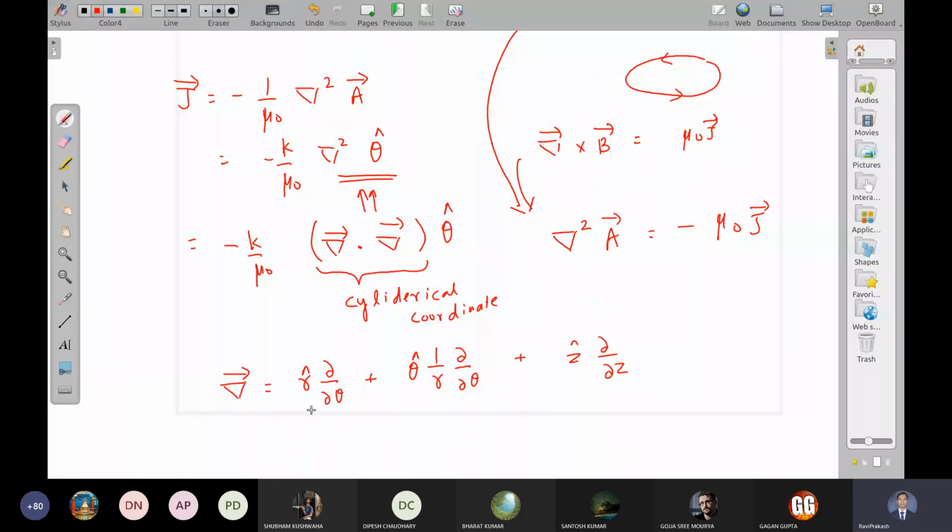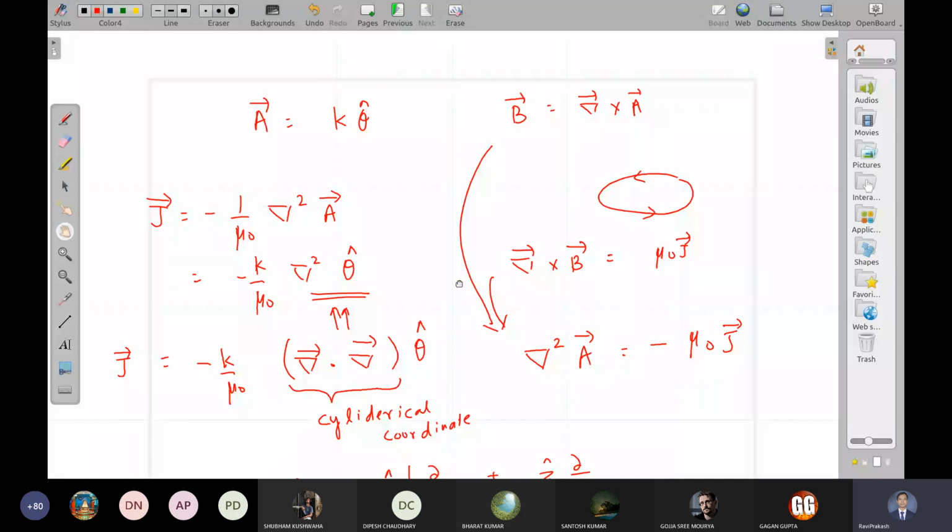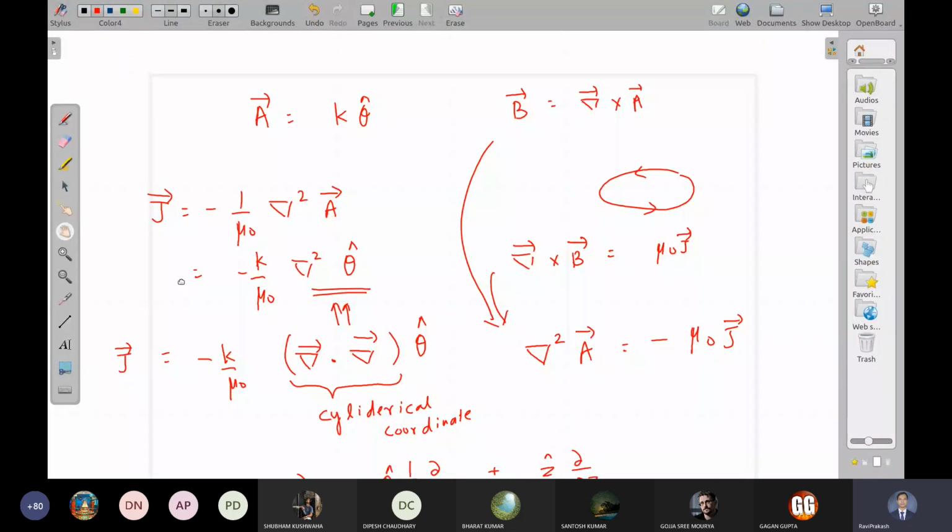So this is del. Obviously now calculate del dot del. This is Laplacian actually. Put that Laplacian here. Then do this differential and solve it. One thing is quite clear, that vector j is making a loop. So this kind of vector field is coming from a current which is making some rounds. ये जो वेक्टर पोटेंशियल है ये किसी ऐसे करंट से आ रहा है जो लूप बना रहा है. What is the complete answer? That you will know after solving this whole thing.